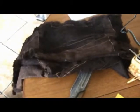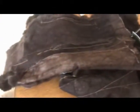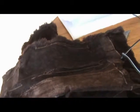So what I'm starting with is basically this, which is someone's old fake fur vest thing. Okay, not terribly pretty. You can tell when you look at it that it's been stitched together so many times, but we're now going to make it into something useful because